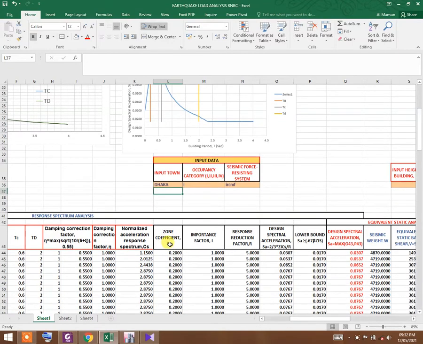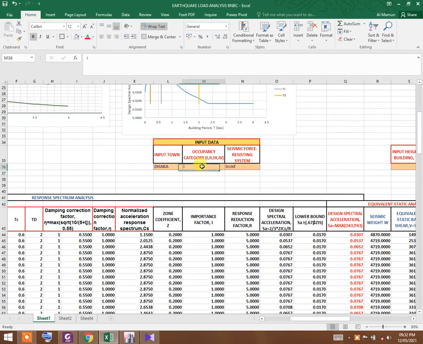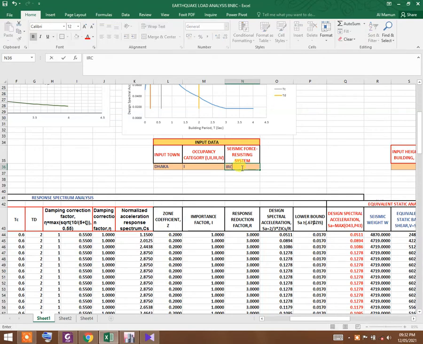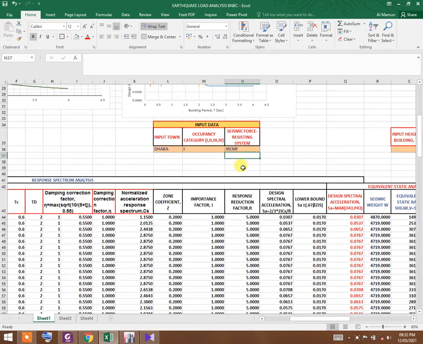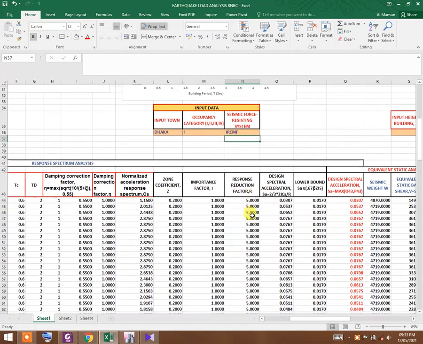You see the zone coefficient is automatically calculated, and the building occupancy category, let us assume, is 1, and the seismic force resisting system is intermediate reinforced moment frame. I can give ORCMF and the value will be automatically changed. Since I am using intermediate reinforced concrete moment frame, that is IRCMF, the response reduction factor is automatically calculated.